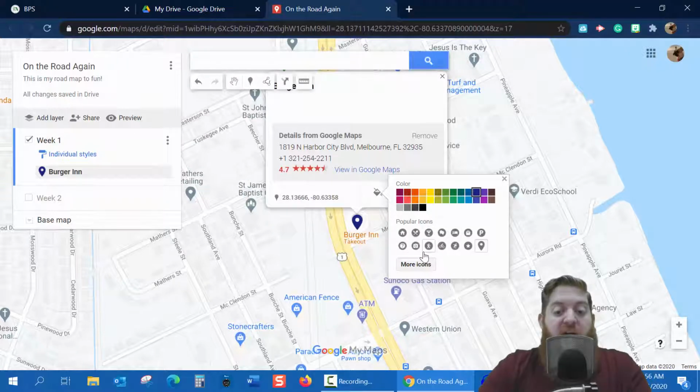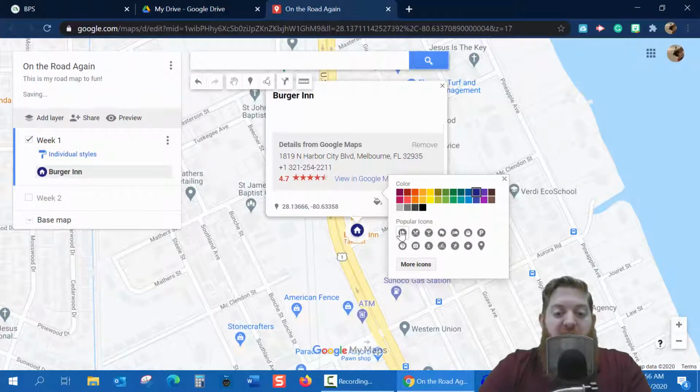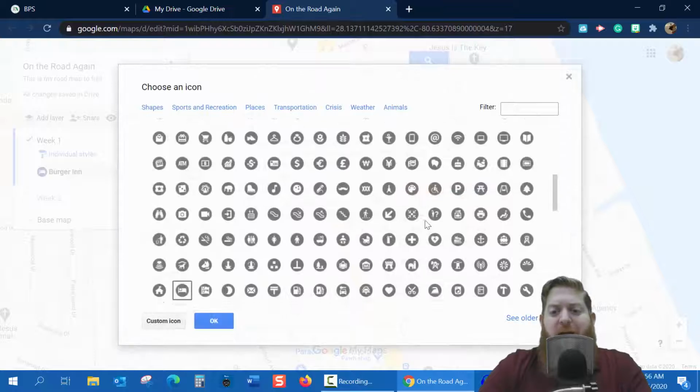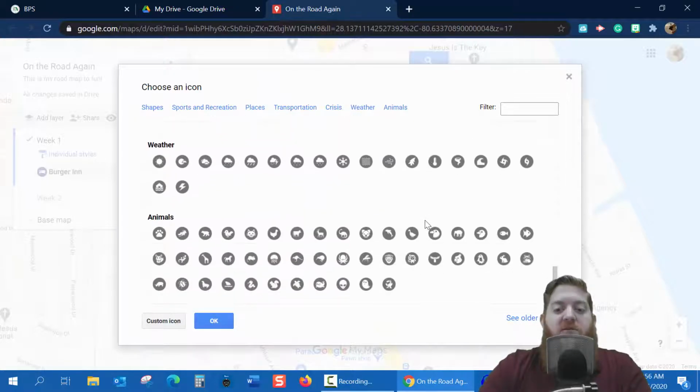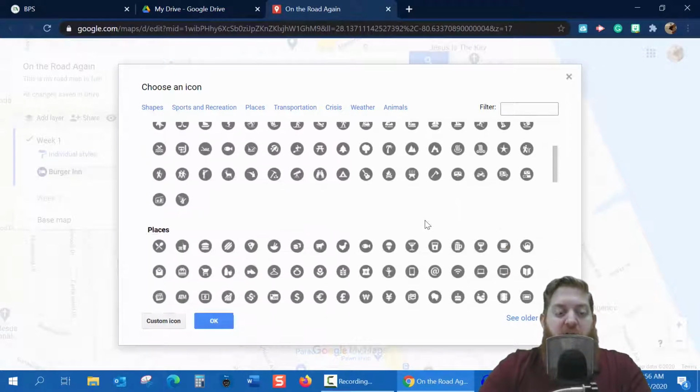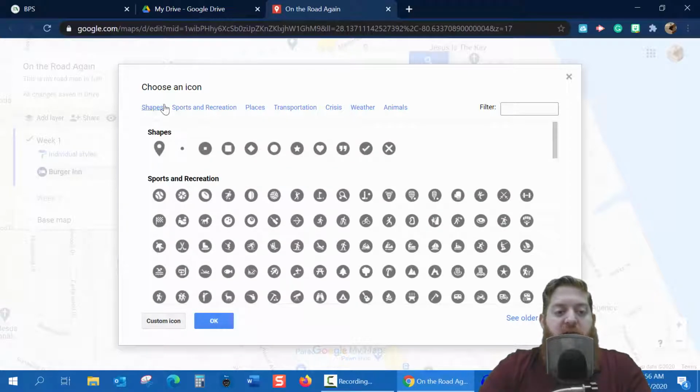You also have icons that you can add here. So here we have a home. We have an eating establishment, which is perfect. We have a bed, which you would probably use for a hotel. So these are just some quick options here, but there's more icons, and I would assume, I'll call this hundreds of different icons that you can choose from right here. They do have it broken down into shapes,